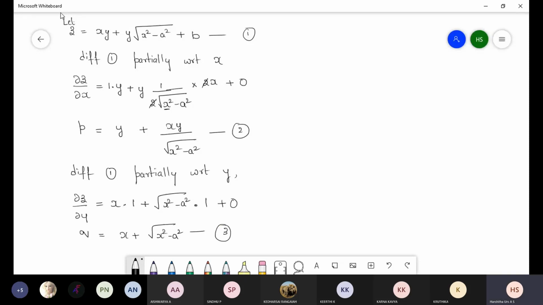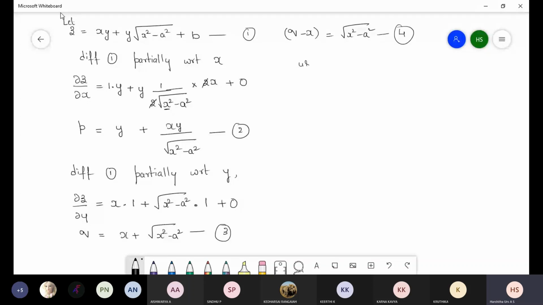So what we can write from the equation 3, we can write it as q minus x is equal to root of x square minus a square. Why I have taken from the equation 3 means from the equation 2 we have root of x square minus a square. In that a square is a constant term. To eliminate this a square, we have to rewrite the equation 3 as q minus x. So after writing this, I call this one as equation 4.